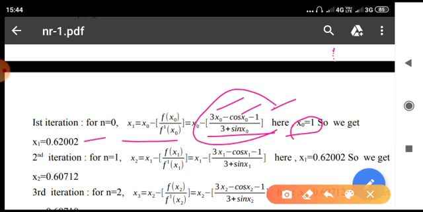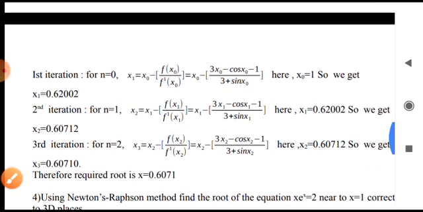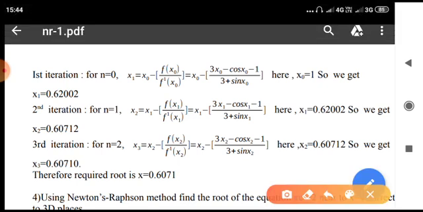0.62002. Now the second iteration for n equal to 1, the formula becomes x2 equal to x1 minus f of x1 divided by f dash of x1, which is x1 minus (3x1 minus cos x1 minus 1) divided by (3 plus sin x1), just replacing x naught by x1. So we know that x1 value is 0.62002. So we get x2 as